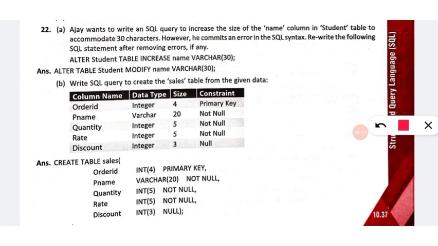Then quantity, integer 5 not null, then rate int 5 not null, discount int 3 null, this column allows null values, and then close the bracket, then semicolon. If the semicolon is not there, then the SQL statement will produce an error, that is, it will not be considered as terminated.